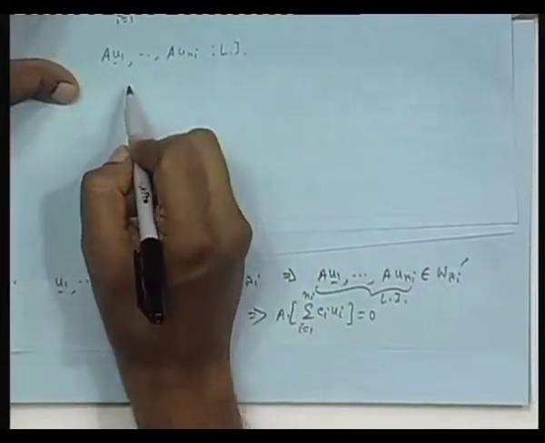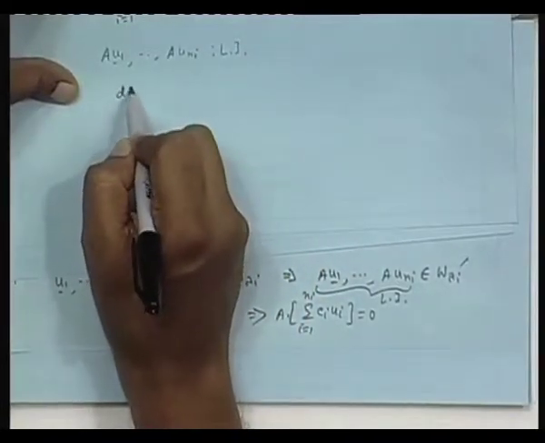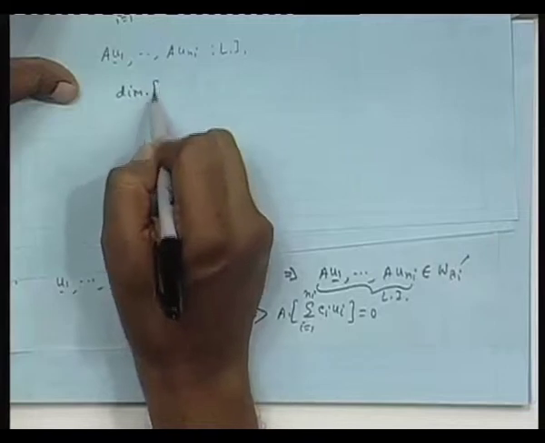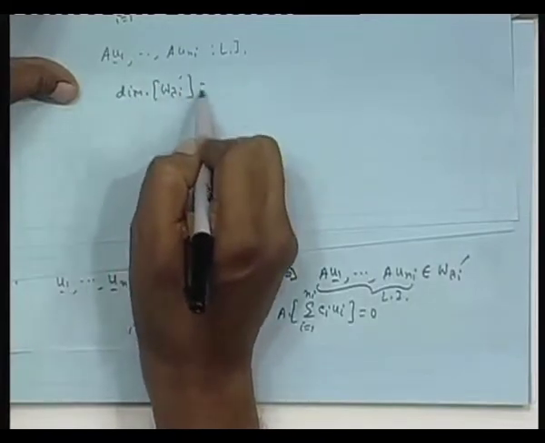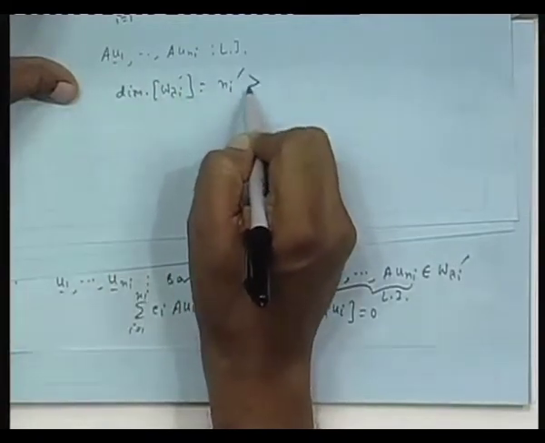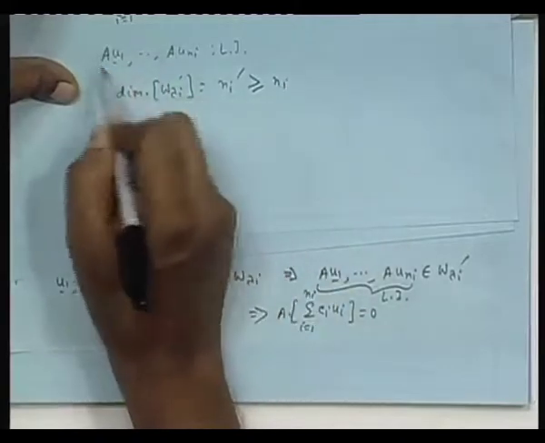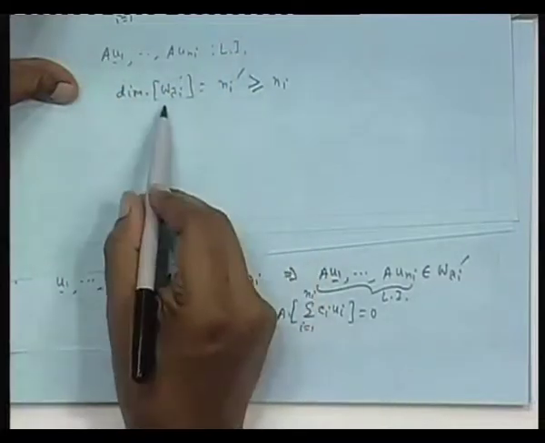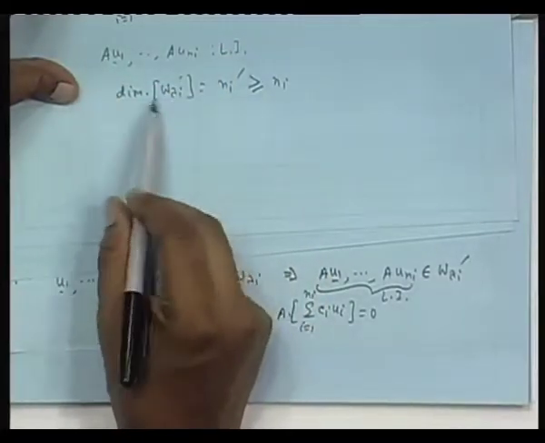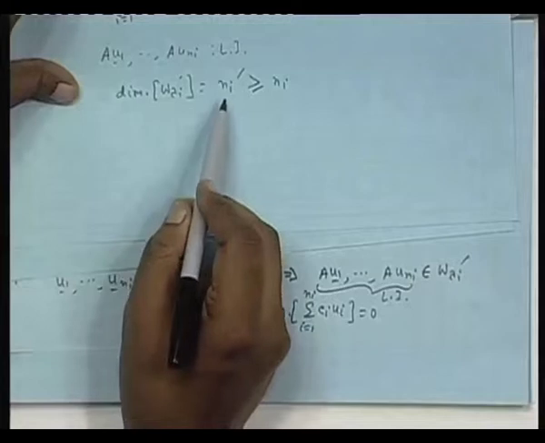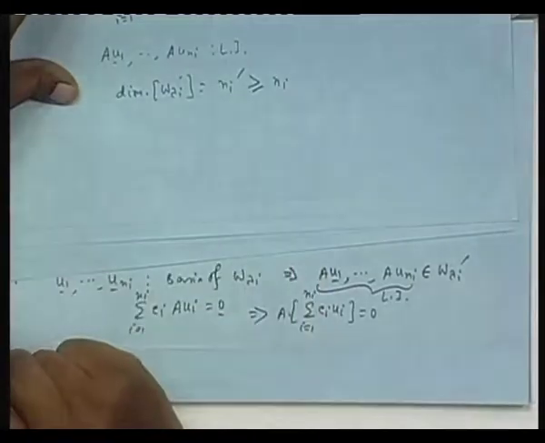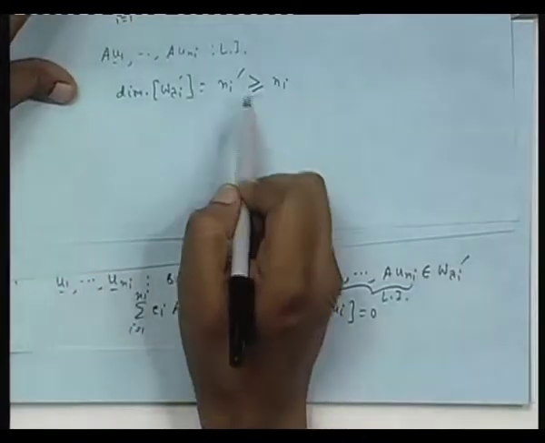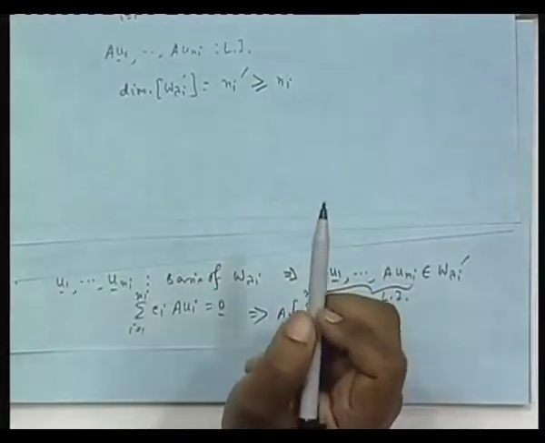That means the dimension of W lambda I prime, which is actually n I prime, is greater than or equal to n I. The total number of elements here is n I. They are linearly independent, contained in this. So the dimension of this cannot be less than n I. So it can be greater than or equal to n I. But we will show that actually it is equal. If not,